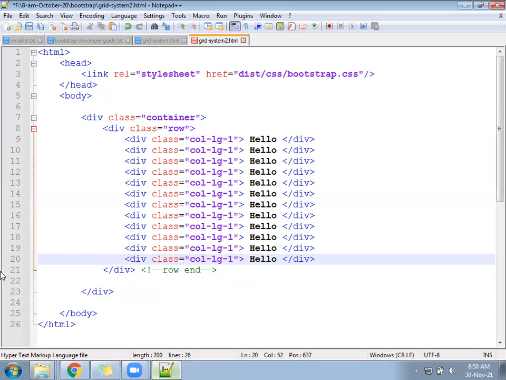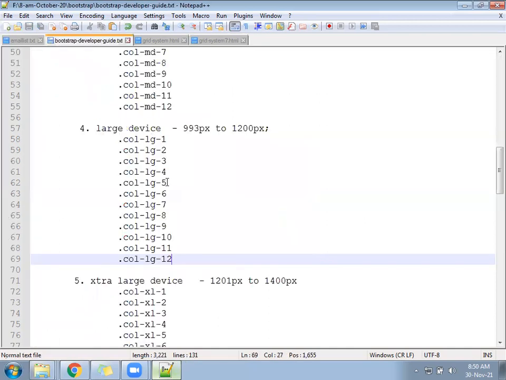Minimum where to where? 1 to 12. Now, if you look into our developer guide, we have not only col-lg-1, we have many classes. Look here. 1 is there, 2 is also there, 3, 4, 5, 6, 7, 8, 9, 10, 11, 12 are also there. All are there, right? Now understand in this way.